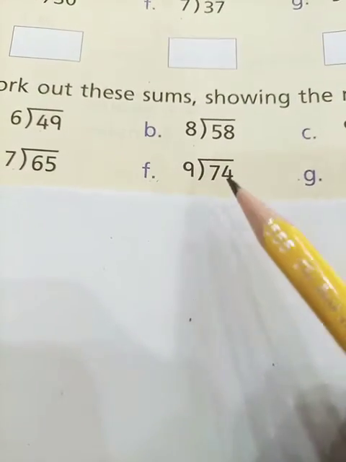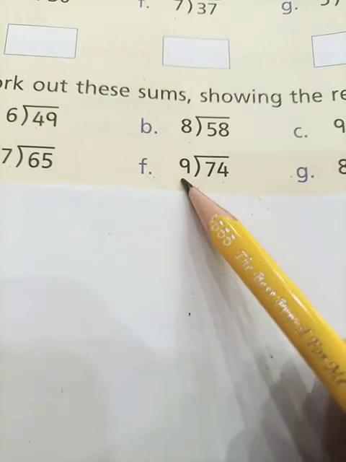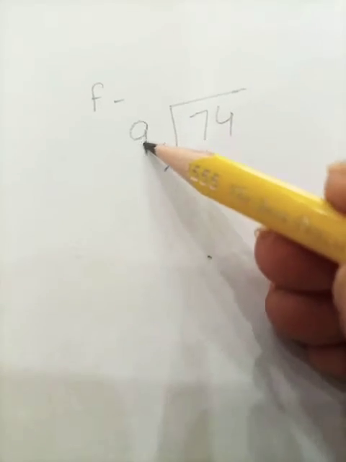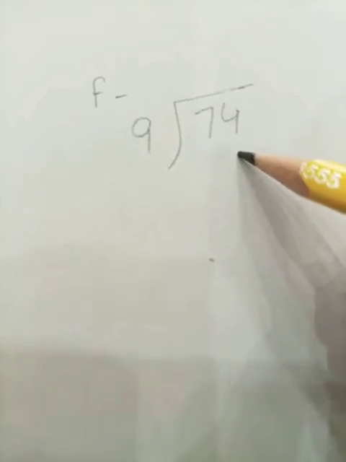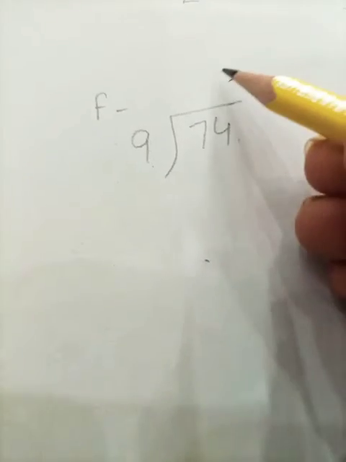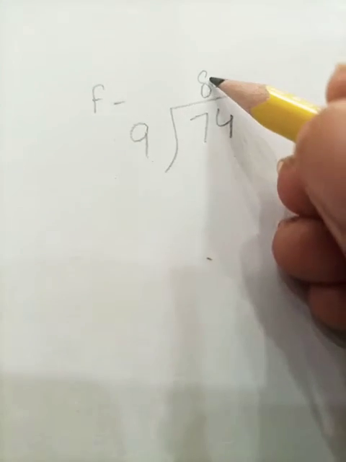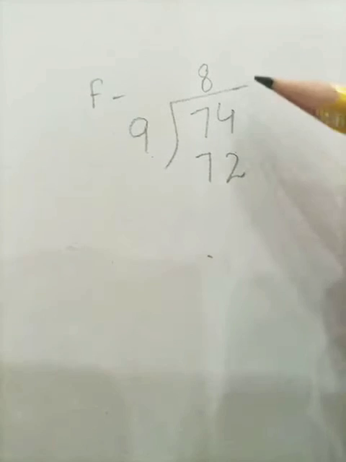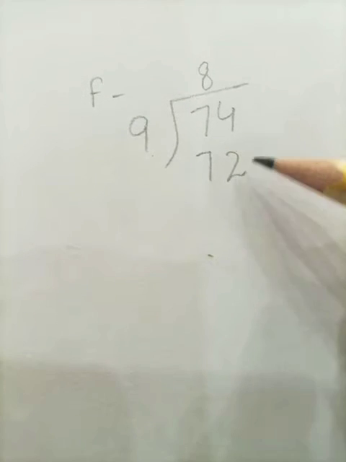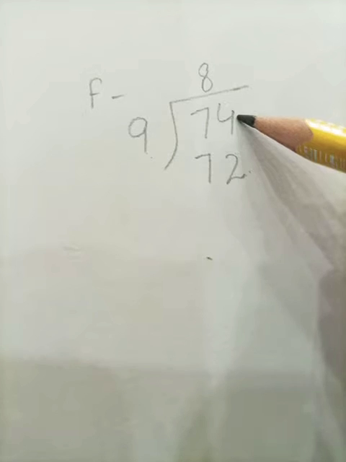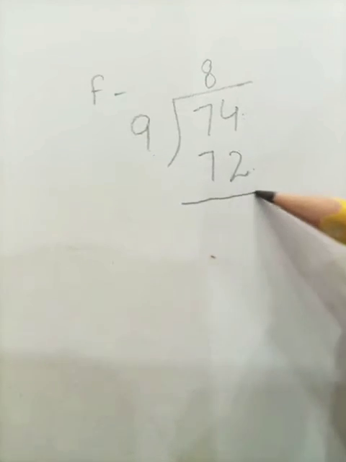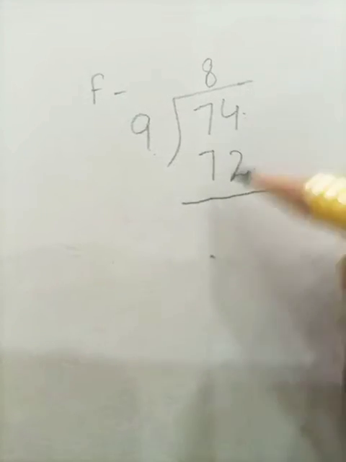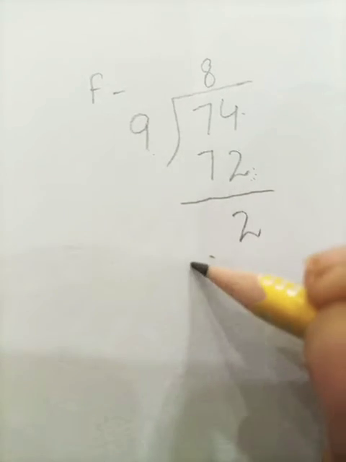here is our part F, in which we are going to divide 74 by 9. Now look at this, we are going to read the table of 9 where we get the number 74. Now remember students, 9 eights are 72. So this 72 is a quite smaller number but not far from our dividend. So we are going to do the subtraction again. 4 minus 2 and our remainder is 2.